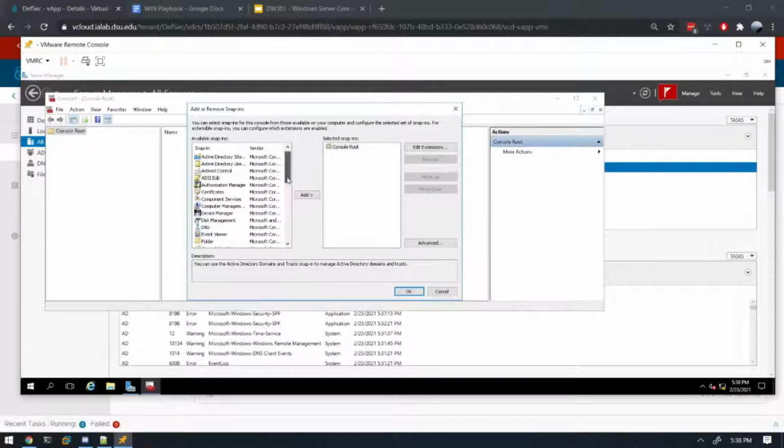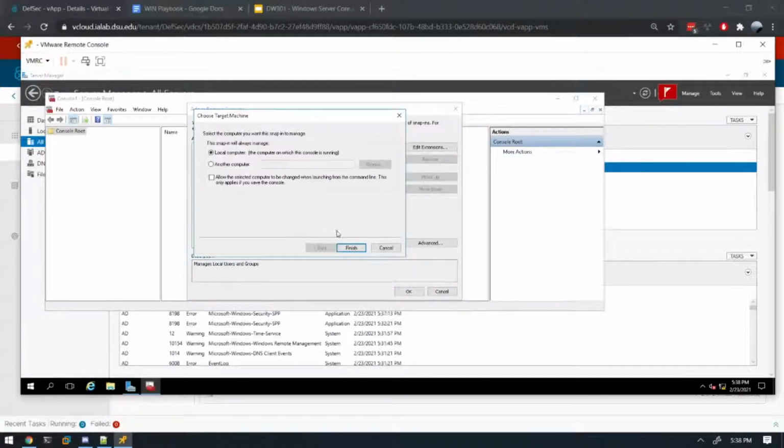Wait for it to load. Scroll all the way, like halfway down. You want to click Local Users and Groups. So double click that. From here, you'll have to hit another computer because we want to